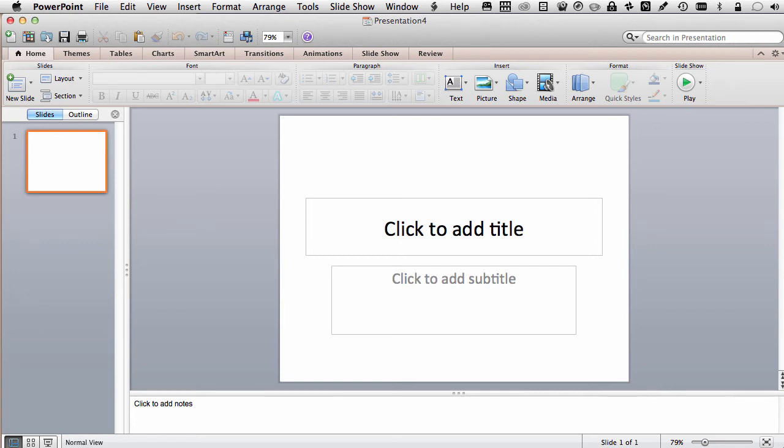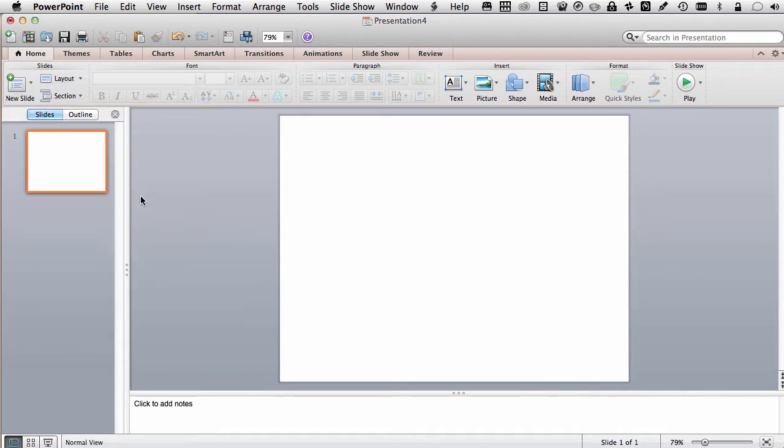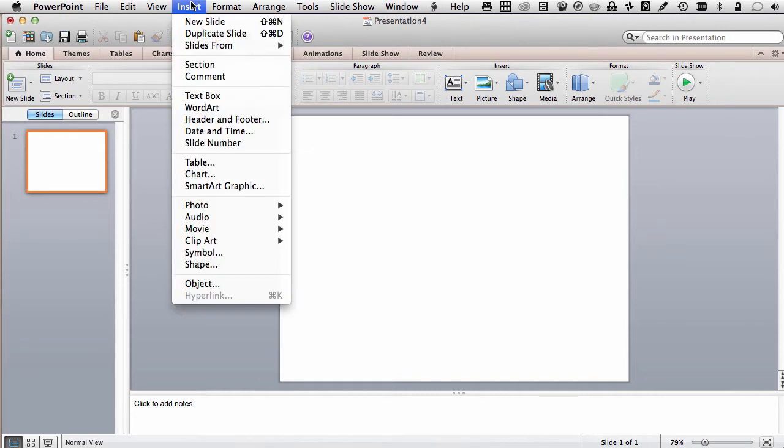So let's say you want to put the quote of your theme, and you have this slide. First of all, start with a blank slide. Change the layout. The easiest is to go to blank. Once you change your layout to blank, you want to insert your picture or your photograph on the slide, not on the background. So you go to insert